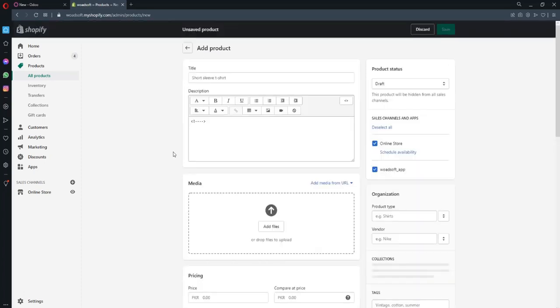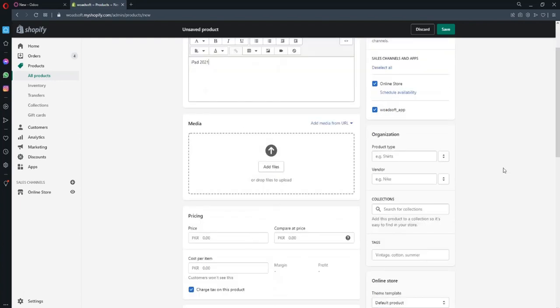I just add some dummy data information. You can specify the other stuff, but I'm just going to add some sample information.